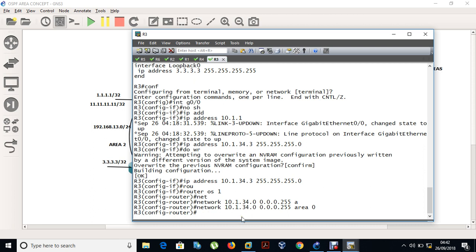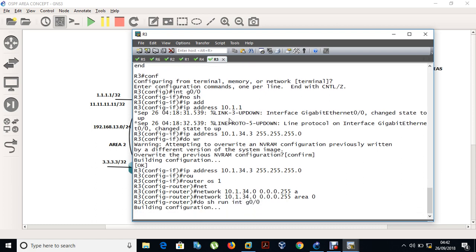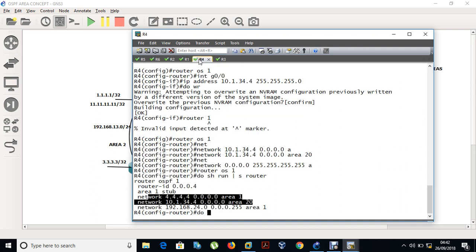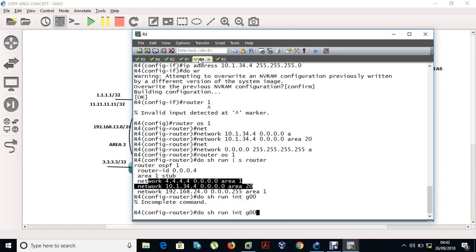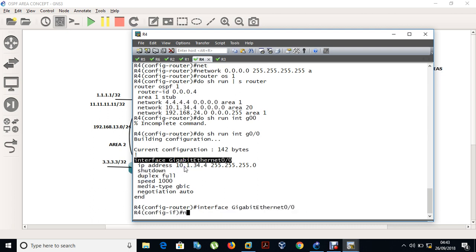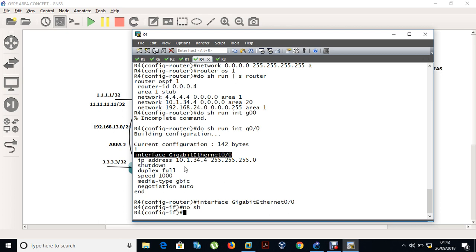The neighborship will come up, unless I did not do show run interface GigabitEthernet 0/0. I mean, it's shut down. No, this one is not shut down. This one might be shut down. Yeah, it is shut down, you see. So I forgot to no shut. So now it will